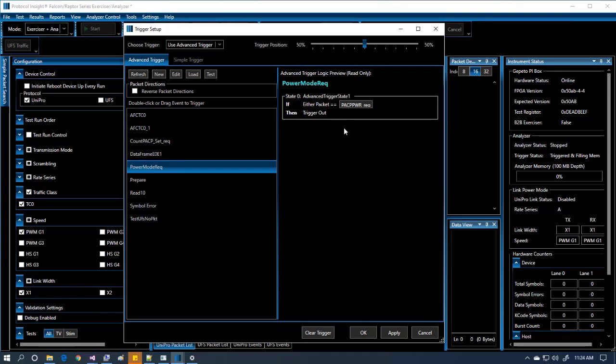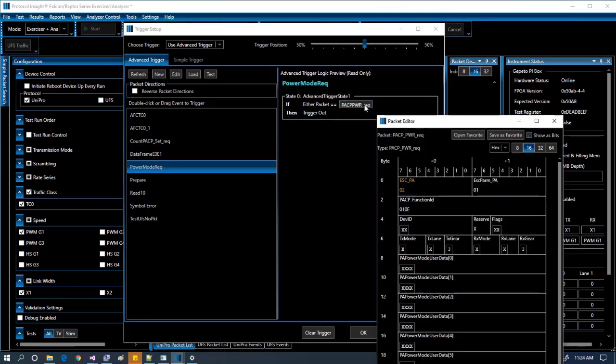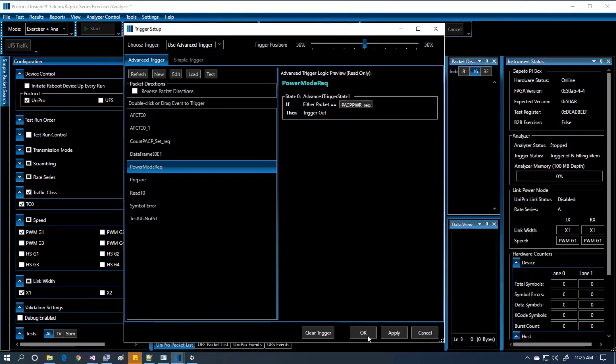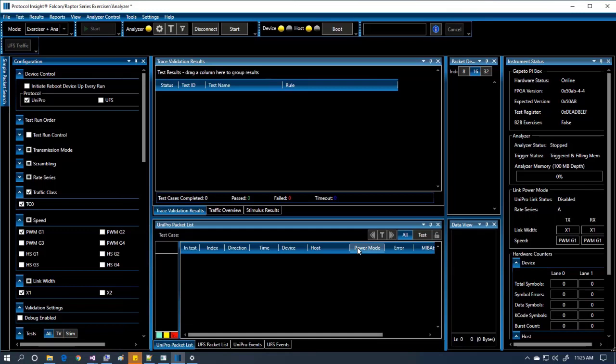Now we've effectively loaded that trigger, and when we click OK or apply, it will program that trigger into the hardware. You'll see I get a very basic layout of what the trigger looks like, and this should basically match what we saw in the trigger editor. We're looking for either direction, packet equals PACP power mode request, and if I double click on the PACP power mode request packet, you'll see TX gear and RX gear are both set to 3, which is what we did in the editor. So I'll close that out, and I'll click OK. That trigger is now programmed into our